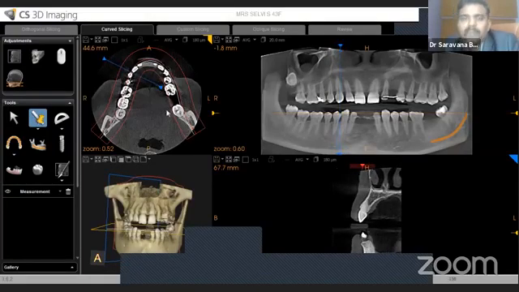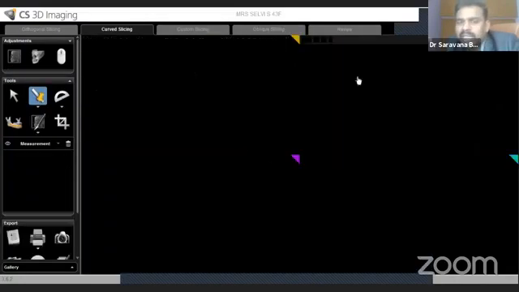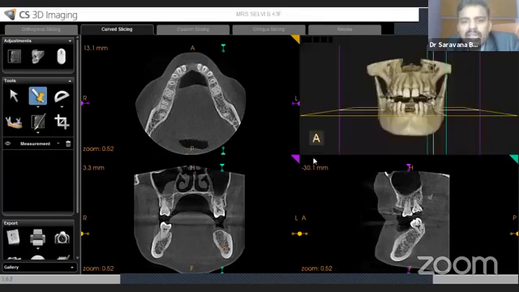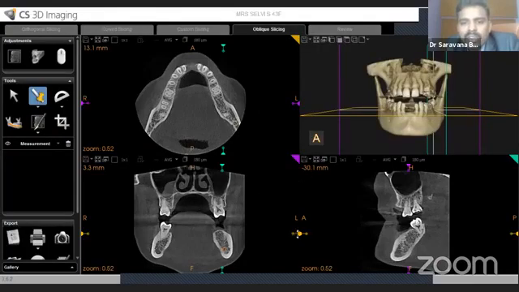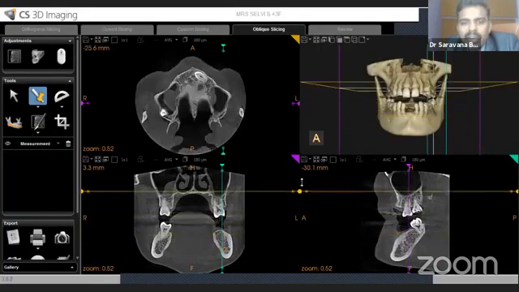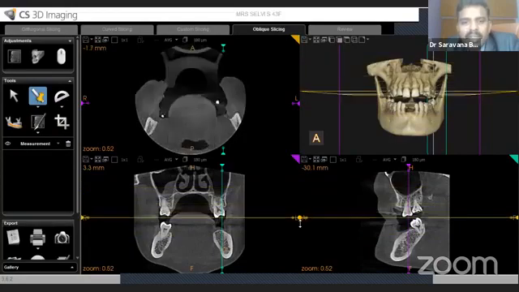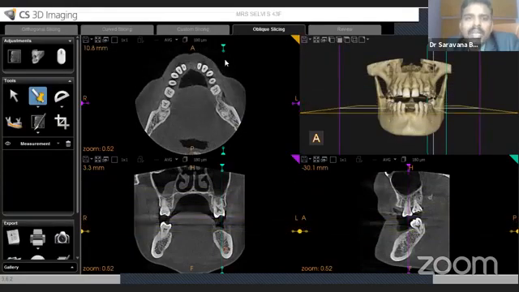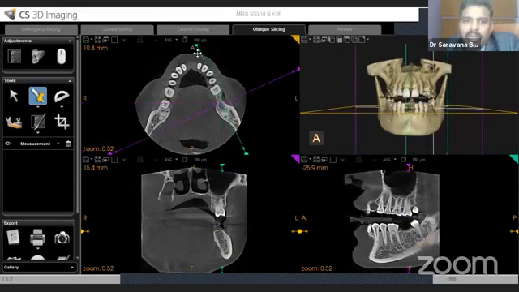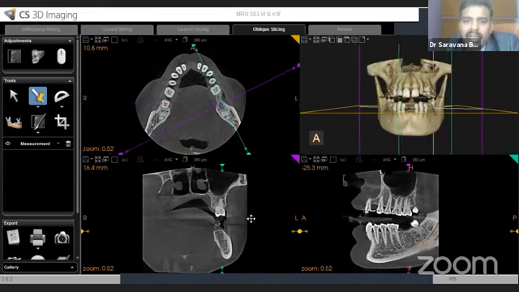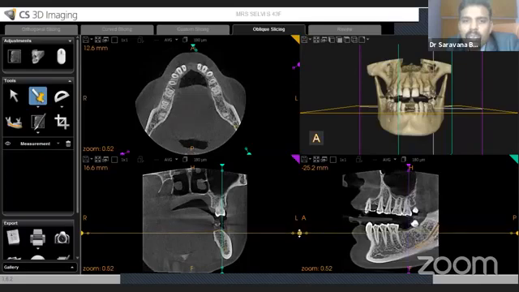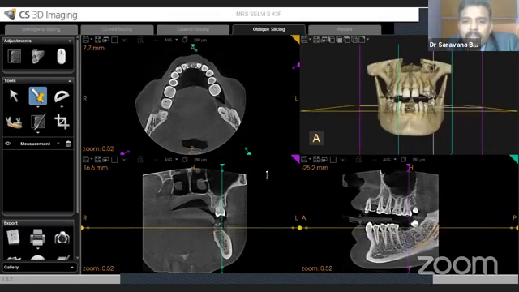Okay, then custom slicing and oblique slicing will be almost the same as orthogonal slicing, only this is oblique slicing. Okay, in orthogonal slicing we can just move like this only, front to back and front to back. We cannot tilt the angulation, but here in oblique slicing we can tilt the angulation like this. Okay, two dots will be there. We can tilt the angulation, then we can move this front and back.